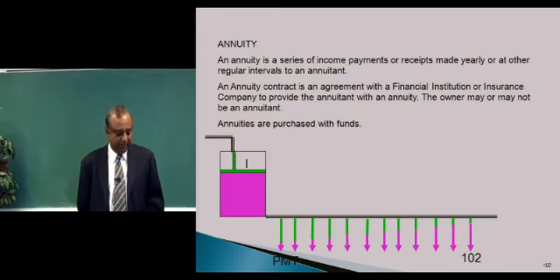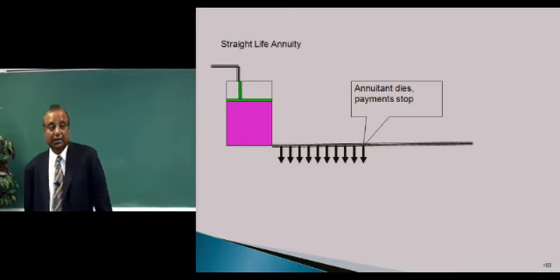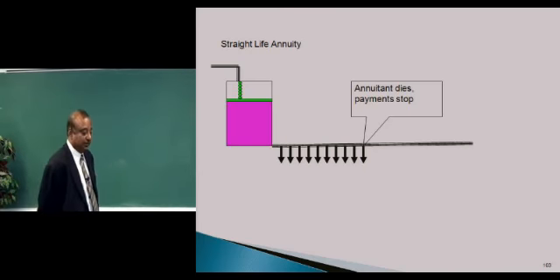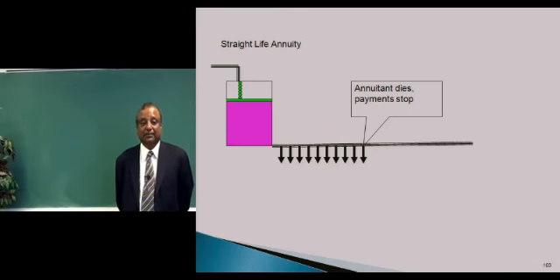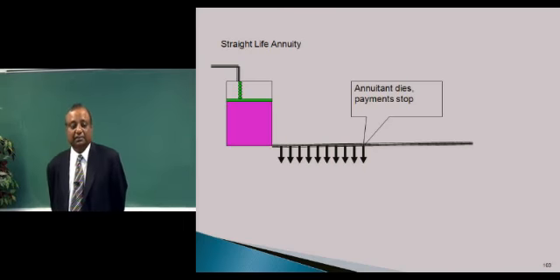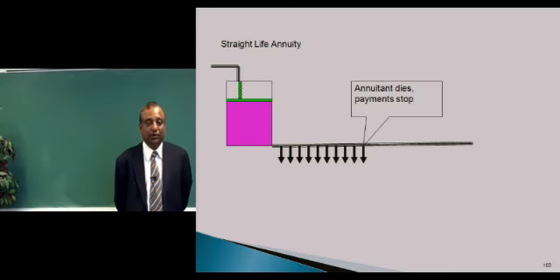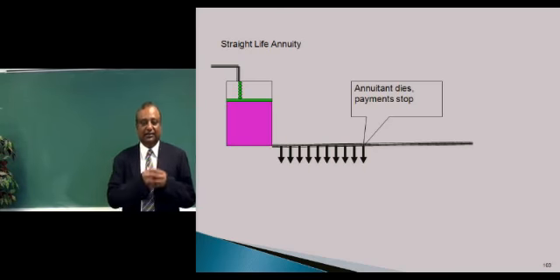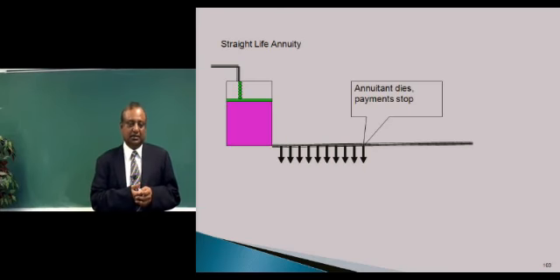You can have a life annuity where you don't fix the term. Life annuities are sold only by insurance companies. So let us say this person goes and buys a life annuity. The insurance company is going to look at the mortality table and determine his life expectancy. And they're going to use his life expectancy as the term of the annuity to calculate how much payment he's going to get. But the contract is not going to say we'll pay you for this much time. It's going to say we'll pay you as long as you live.